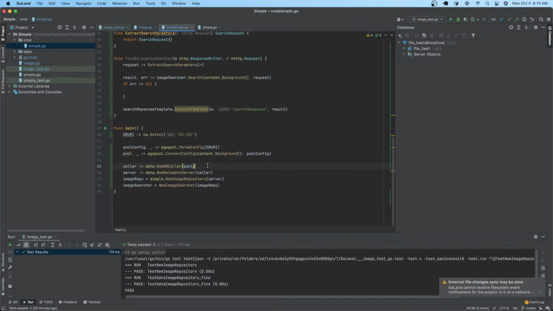Now this I create, I create one, and it's application wide, right? The metadata server, if it's stateless, I can do one, and it's application wide. And for the image repository, again, as long as it's stateless,